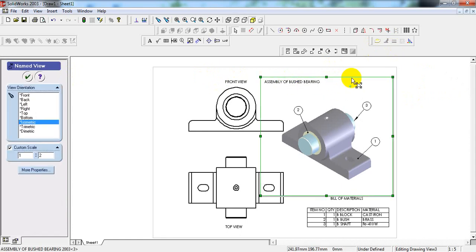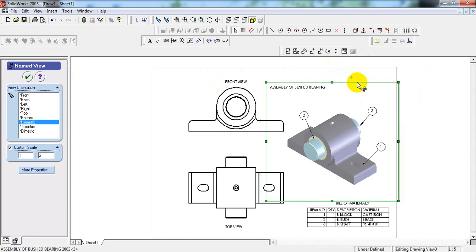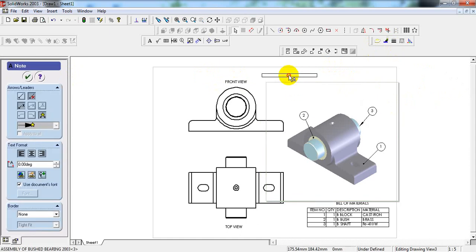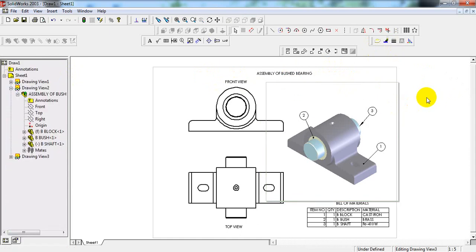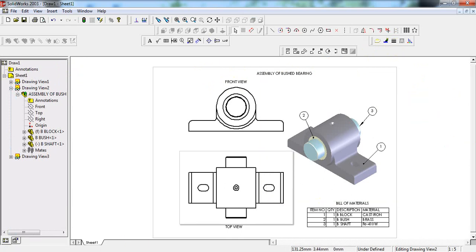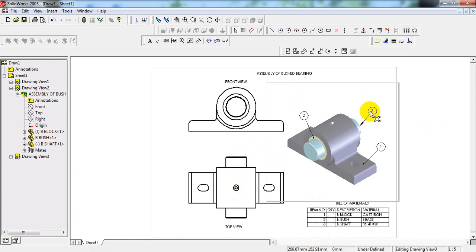Arrange properly. So this is the assembly of screw jack with bill of materials, standard views and balloon indications.